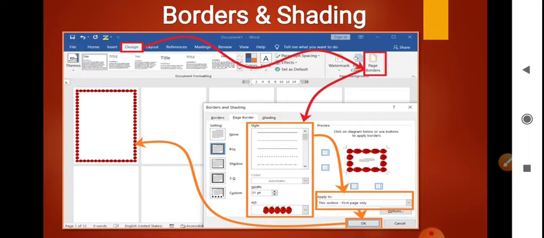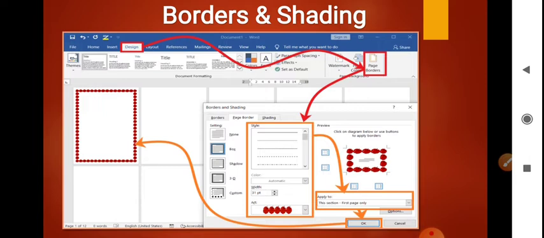Now these are the features that enable you to add borders and shadings to the text or to the page. Now why I am telling like that, to the text or to the page. Whichever portion you are selecting, the text or a sentence or one word, it will apply to that particular thing which you have selected, a sentence or one paragraph or two paragraphs.